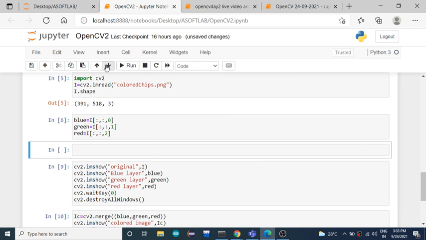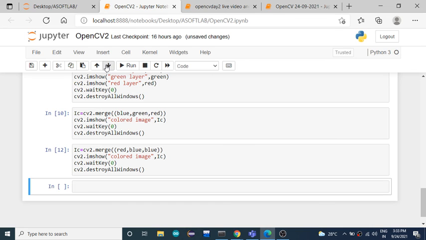That can be done by using a method called video capture. Okay, I'll share you a code.